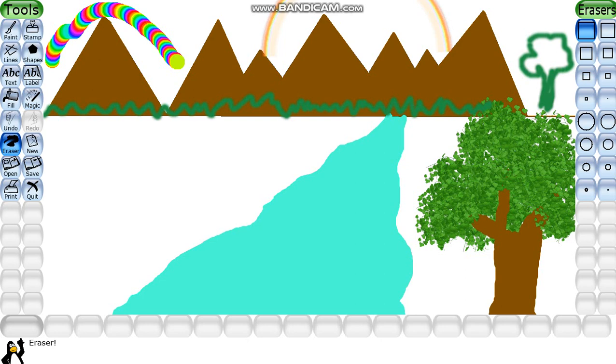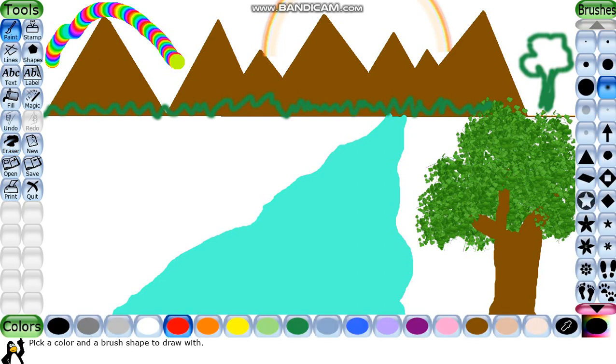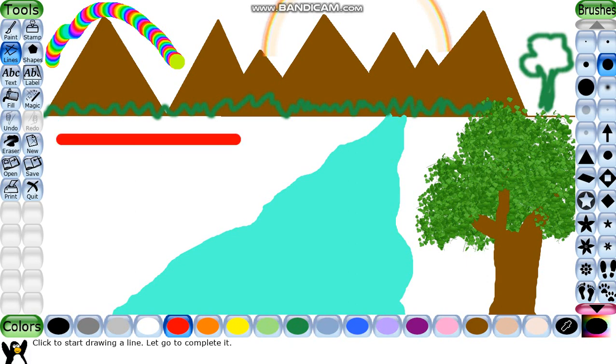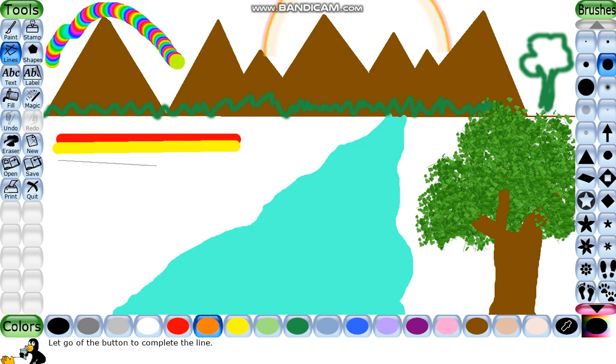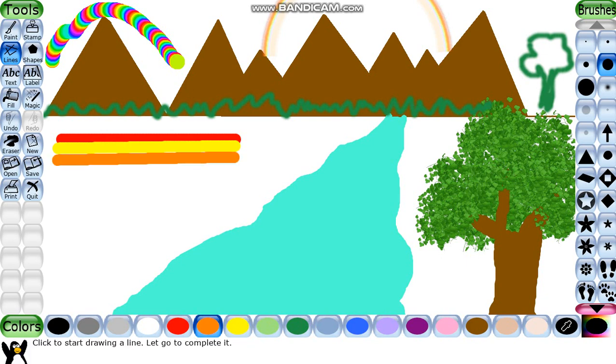First I am drawing some lines with different colors. First line with this color, second line with yellow color, next line with this pale yellow color, next line with green color.